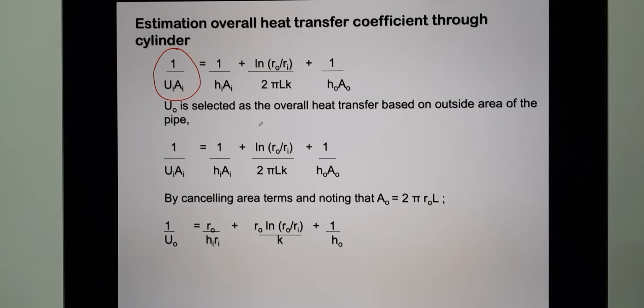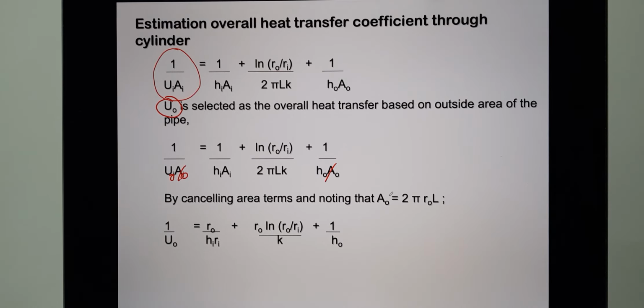Now please take a look at this particular equation, because we are going to select for U_0. So this equation needs some correction. This one is supposed to be U_0, and this one is A_0 for the outer pipe: 1/(U_0 A_0) = 1/(h_i A_i) + ln(R_0/R_i)/(2πLk) + 1/(h_0 A_0). By cancelling area terms, because this one is A_0, it can be cancelled with this A_0 as well. And you need to note that A_0, the area,